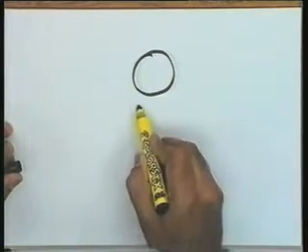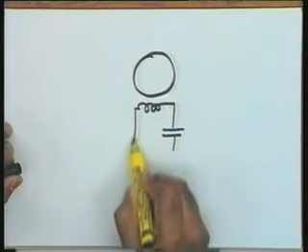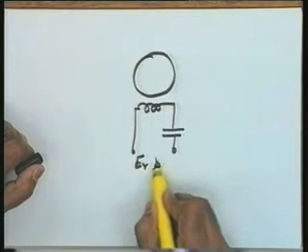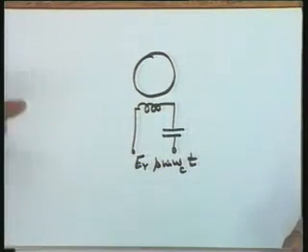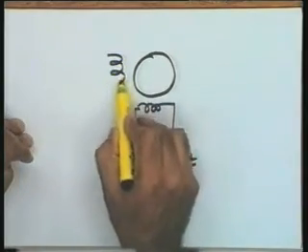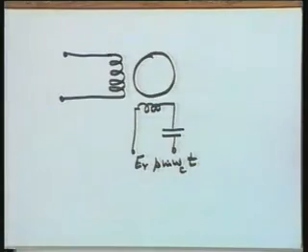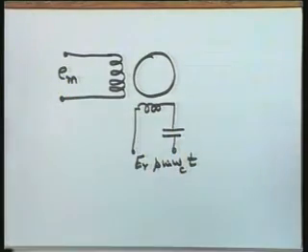The motor has a reference winding, two-phase motor. I had shown a capacitor here, phase shifting capacitor. Er sin omega_c t is the reference voltage. This is the voltage here. Now I need not put a modulator, I have explained it to you. The input to this system is going to be Em. Input to the control phase is going to be Em. A modulated signal may come directly or using a modulator.